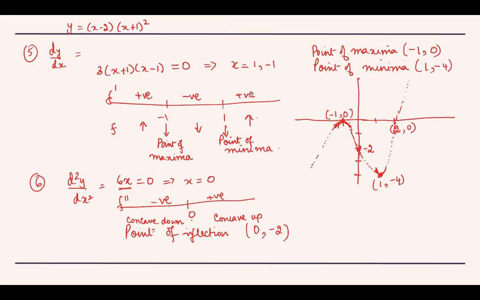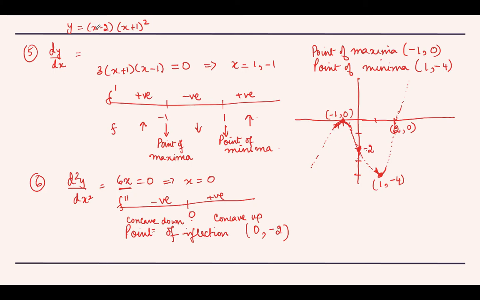negative and then again positive, and hence we get to know that the function is increasing, then again decreasing in this interval and then increasing, and therefore these 2 points are points of extrema. First one is corresponding to point of maxima. The second value of x gives us a point of minima, and when we substitute these values of x in the expression for y, we are going to get the coordinates, the y coordinate as well.